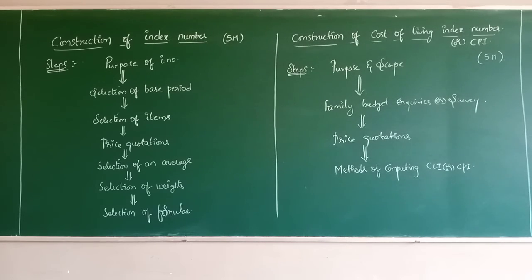In the same market, the prices may vary. If you observe, the same product may have different prices. In one shop, they will be saying one price. In another shop, one more price. In the immediately next shop, one more price. Then what you have to do? You should obtain the price quotations. This so and so item, what is the price in your shop, in their shop, in others' shop. So this way, we have to obtain the price quotations.